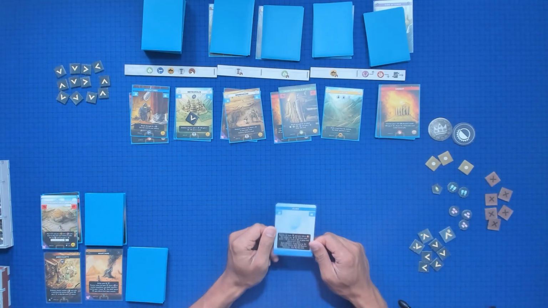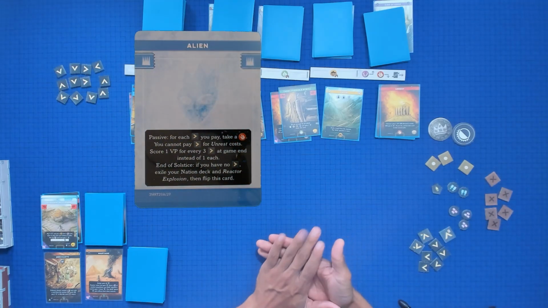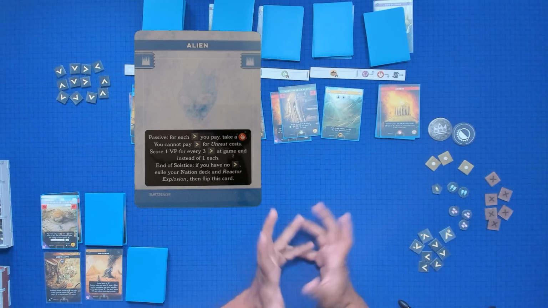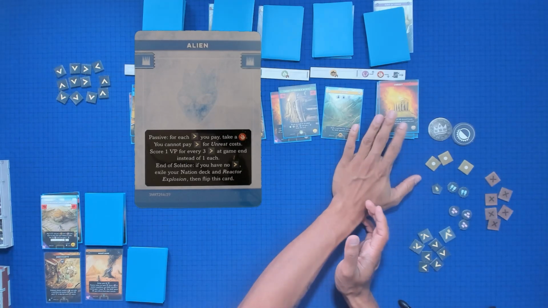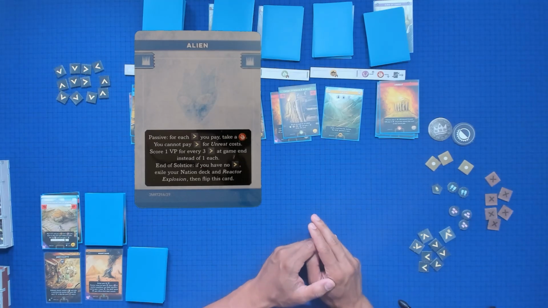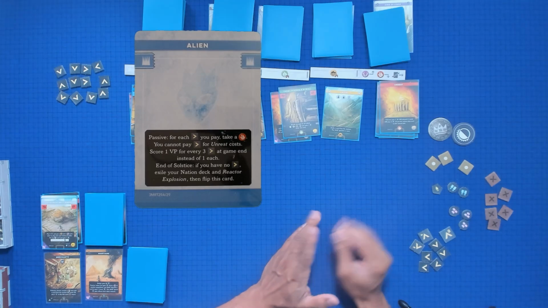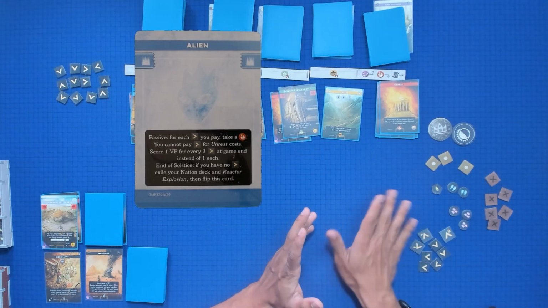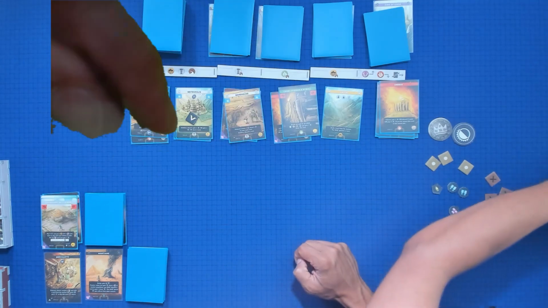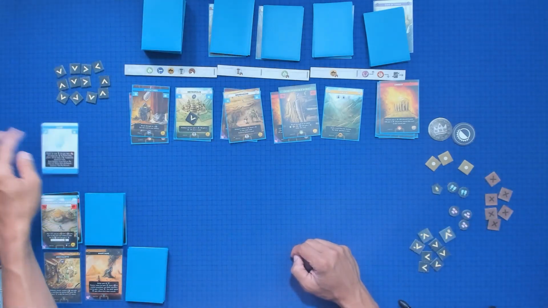Now, the Martians start as an empire, and they in fact have an alien card. They have their own empire card. So this is alien. Passive is for each progress you pay, you take an unrest. You cannot pay progress for unrest costs, and score one victory point for every 3 progress at the end of the game instead of one for each. And at the end of Solstice, if you have no progress, exile your nation deck and the reactor explosion, then flip this card over. And then when you flip it over, it is gone native,